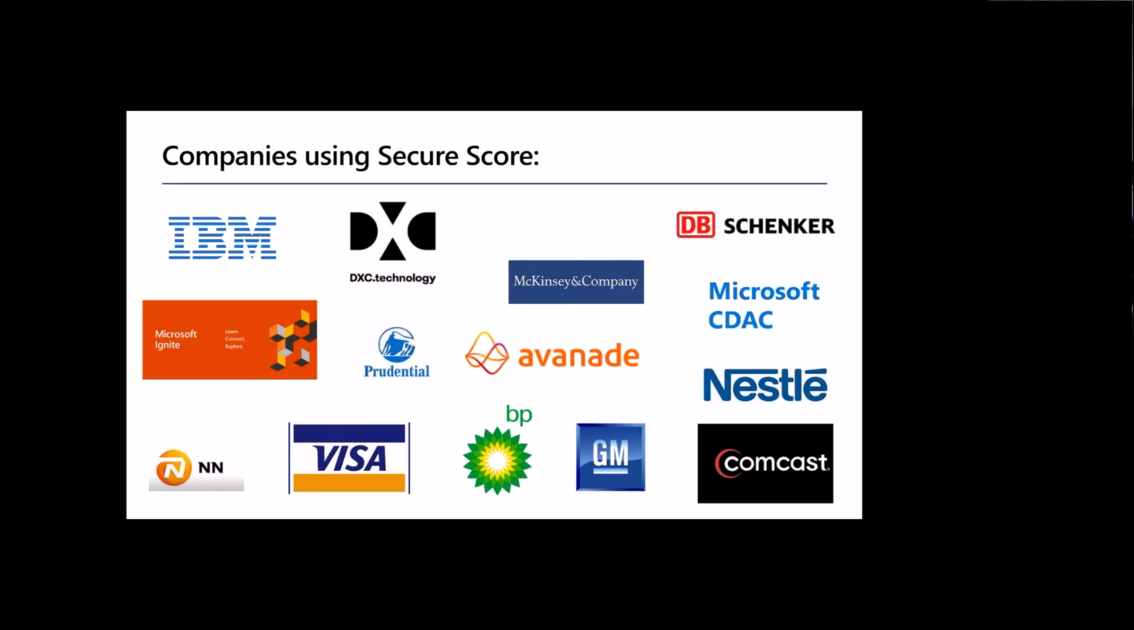And then finally, just some companies that are using SecureScore. This is a trusted tool across commercial and education customers. Big customers like Visa, IBM, Nestle, GM are all using the SecureScore. And we have a lot of higher ed and K-12 customers, large K-12s, also using the SecureScore as a daily